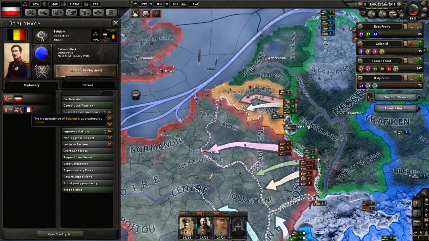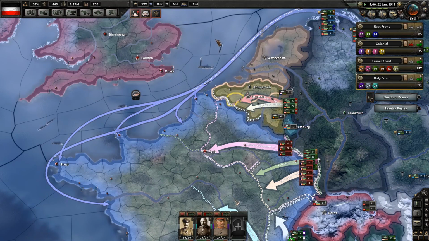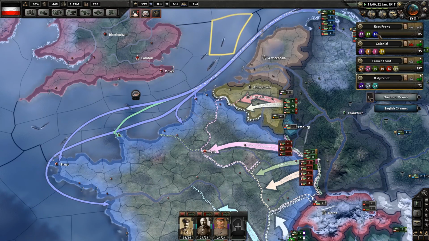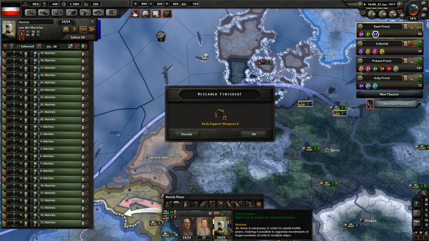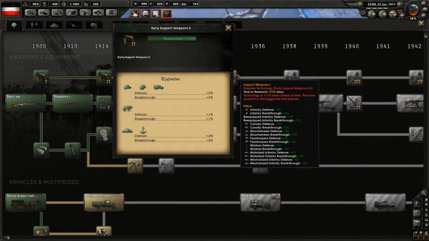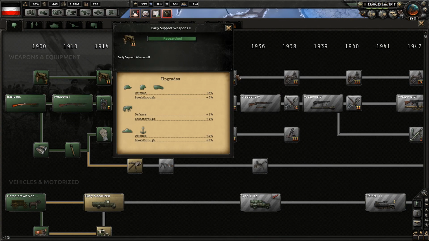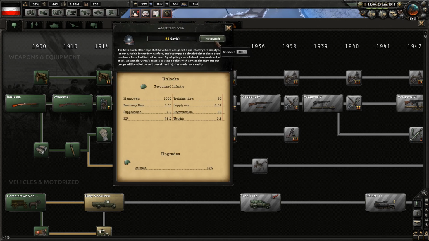When did I say that we could do this again? April. Okie dokie. And how long until you guys are ready? You're ready. Early support weapons 2. I think I can wait 3 months. 3 months is fine. Enables re-equipped infantry. Adopt Stahlhelm. Alright, let's see what the hell...